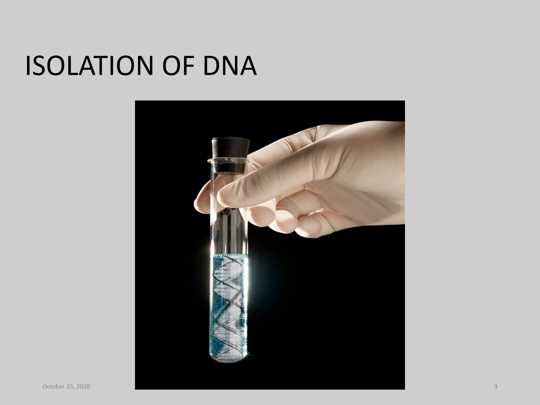Isolation of the DNA. DNA isolation is the process of purification of DNA from sample using a combination of physical and chemical methods. The first isolation of DNA was done in 1869 by Frederick Miescher. There are different methods for the isolation of DNA. Now I am going to discuss isolation of plant genomic DNA by CTAB method.